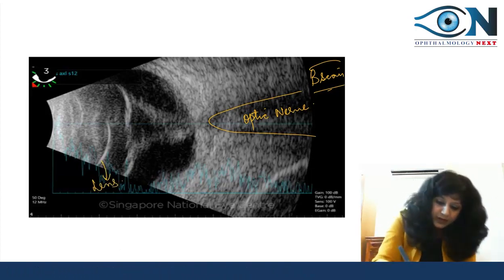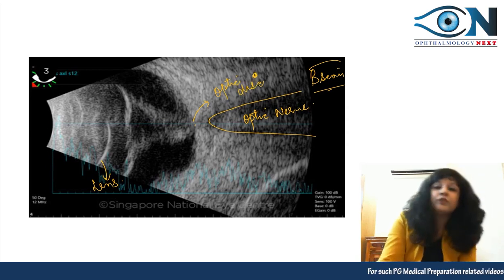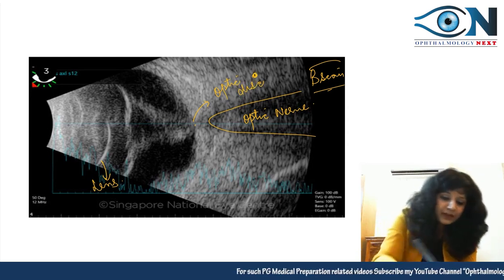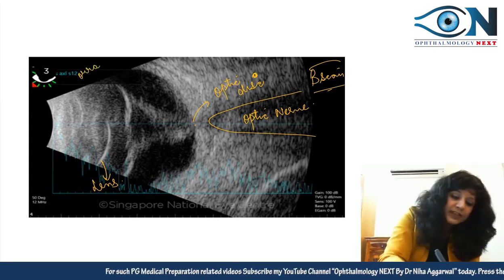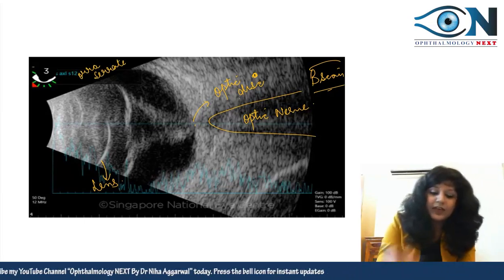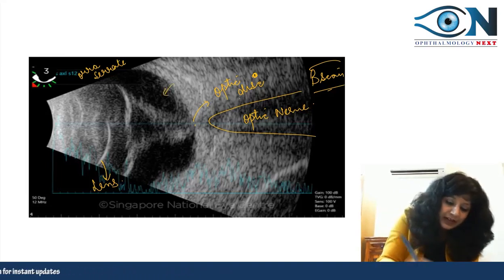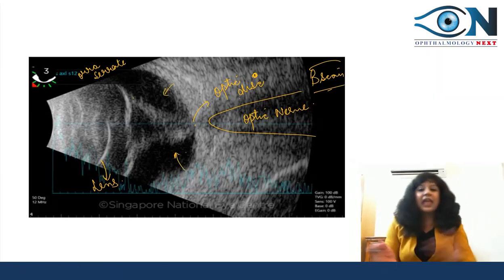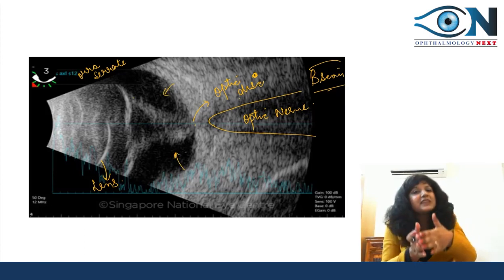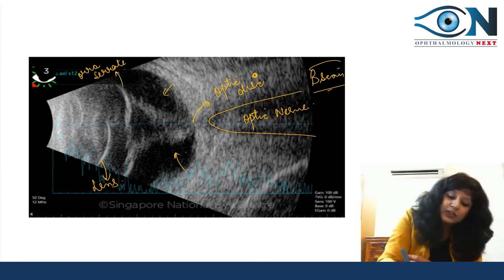Now, what is this? This is your optic disc area. What was the extent of the retina? From the optic disc to the ora serrata. So here we have the ora serrata and here we have the optic disc. What happens? The retina is detaching like this, and when the whole retina is detached, it remains attached to the ora serrata and to the optic disc.